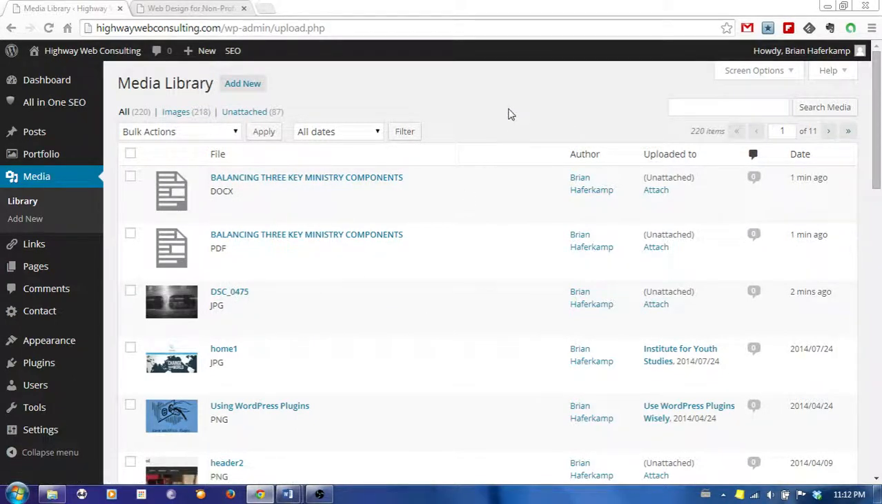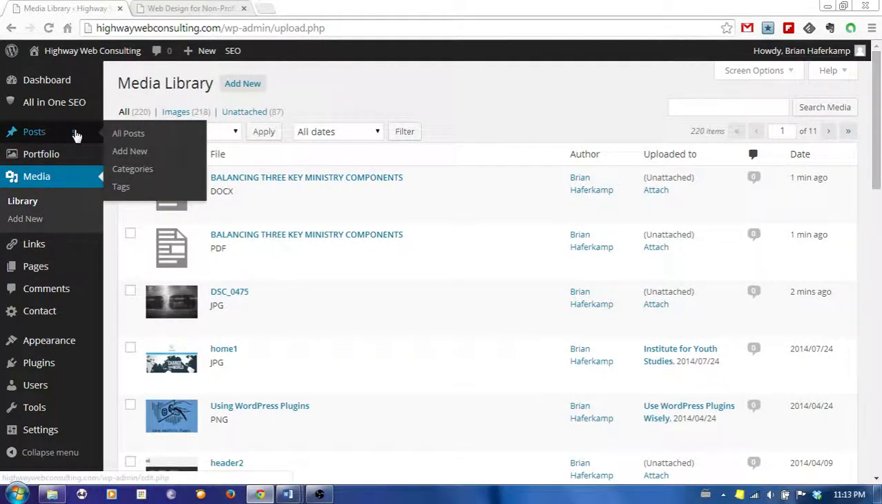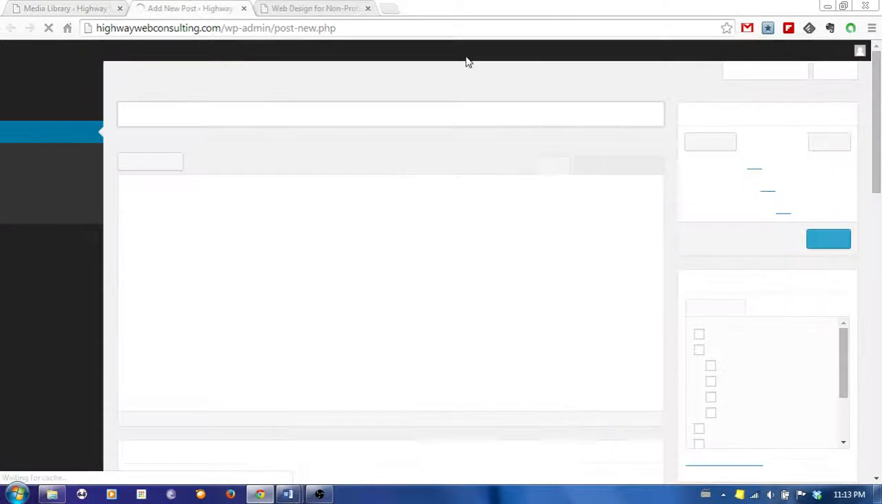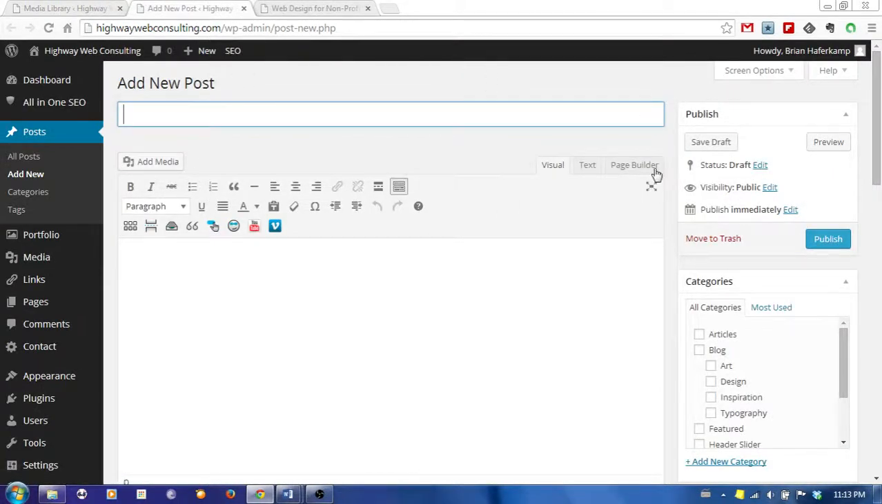So that is the media library. That's adding new components. I want to show one more thing. So let's say you want to start a new blog post, and you don't want to have to go and add media elements without leaving the blog post window. You would just start a new post,